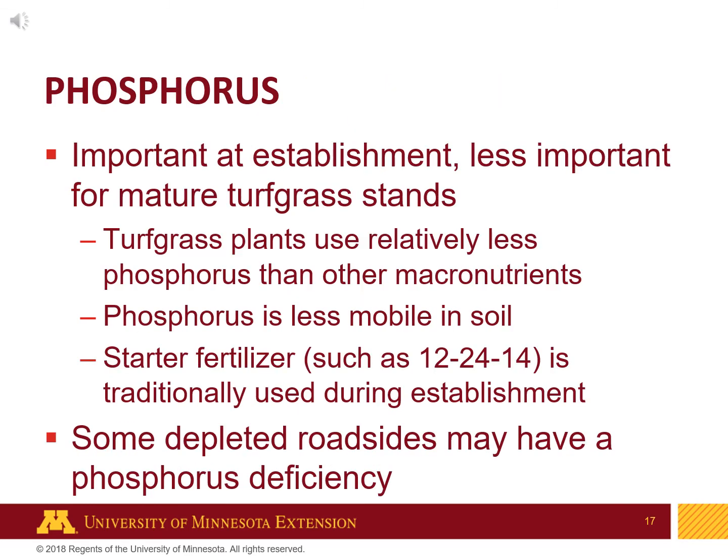Like nitrogen, phosphorus is an essential nutrient that is required for many plant processes. Although it is an essential nutrient for nearly all plant functions, it is needed in smaller quantities compared to other macronutrients. Phosphorus availability to turf plants is most important at establishment, primarily because of its nature in soil. Phosphorus is less mobile in soil, so plants that have less developed root systems, such as turf seedlings, have difficulty accessing this phosphorus. As a result, many starter fertilizers used at establishment will have higher amounts of plant-available phosphate, such as with a